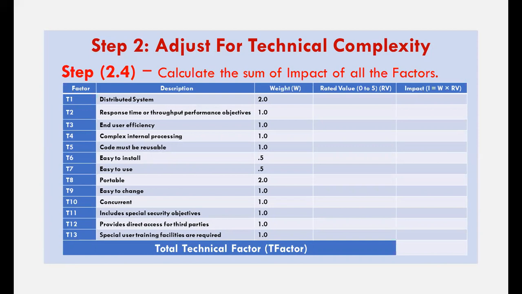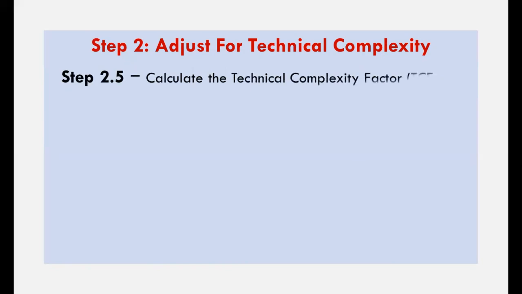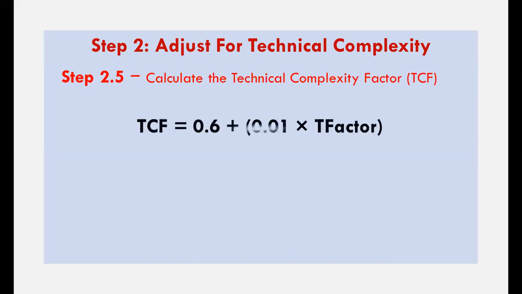Now, coming to step 2.5, we need to calculate the technical complexity factor TCF, and this TCF is given by using the formula TCF is equal to 0.6 plus 0.01 into T factor, which we have calculated in step